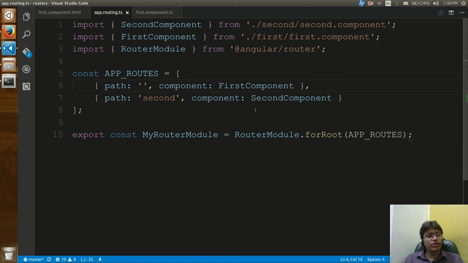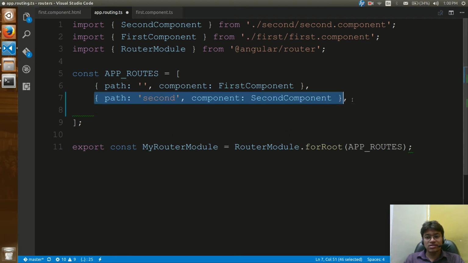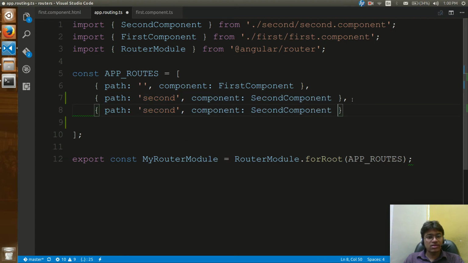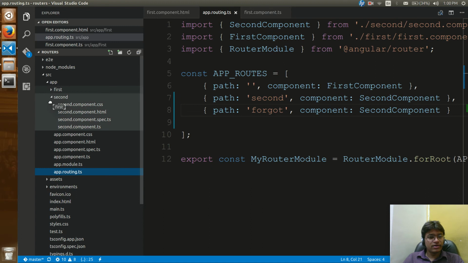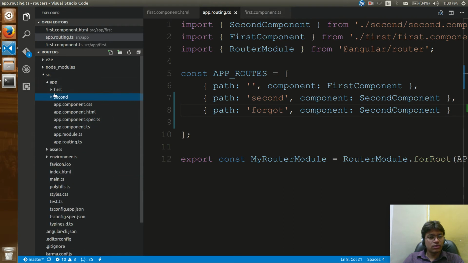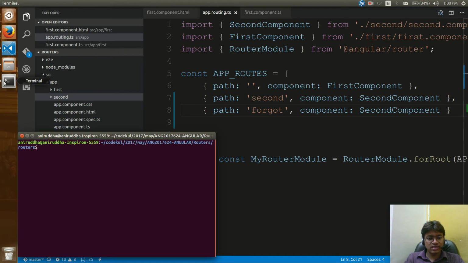In the routing, I am going to create one more path, which is nothing but forgot, and let me create a new component at the same level over here. Let me open the terminal, and I can say ng g c